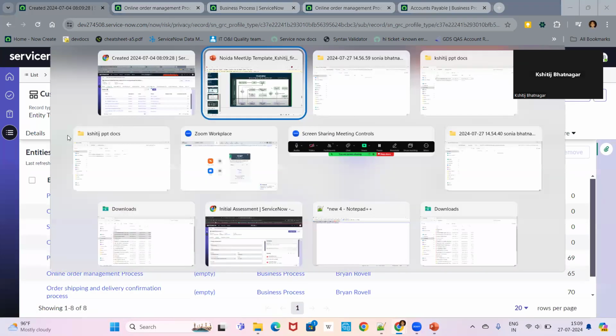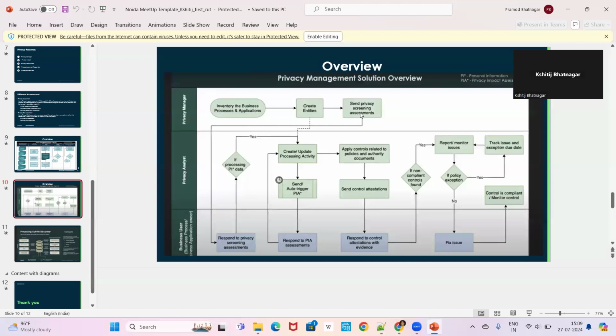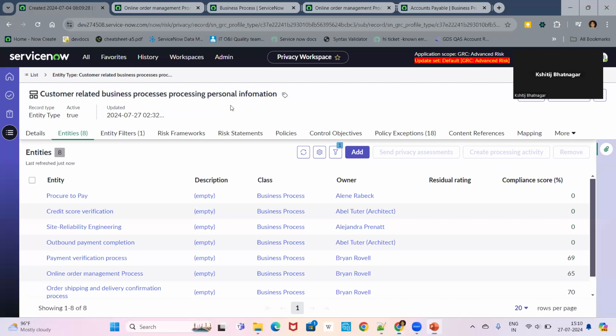So going back to the presentation, if you see, we have bypassed this step. So from this create entities, we don't need to do this send privacy assessment, and we can directly create a processing activity because we already have that information present in the business processes about the information objects. Now, what is the case in case we don't have information object details present in our CMDB? In that case, what we can do, we can go back to